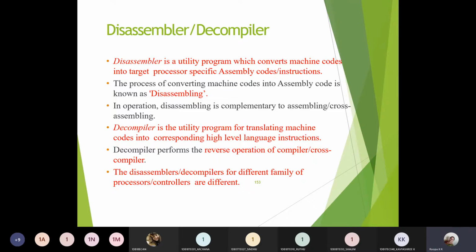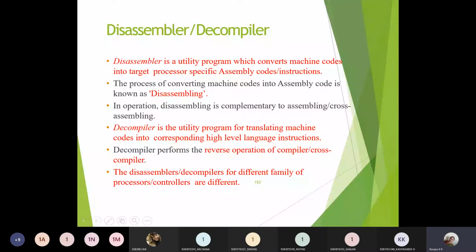In such a case, instead of going in search of the code, we can perform decompiling or disassembling operations, where the machine code can be acquired from the processor ROM memory. Those machine codes you can give as an input to the disassembler if it is an ALP program, or you can use a decompiler if you are using a higher level language program.